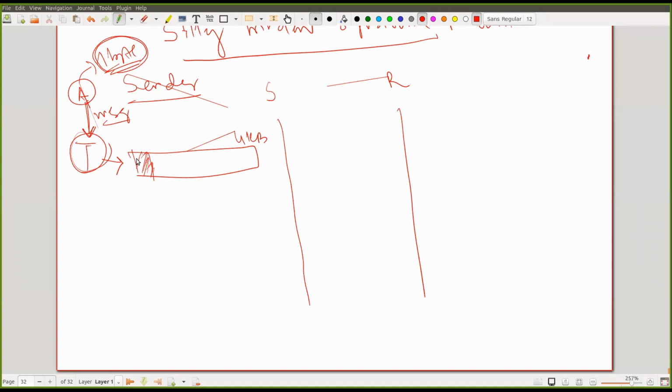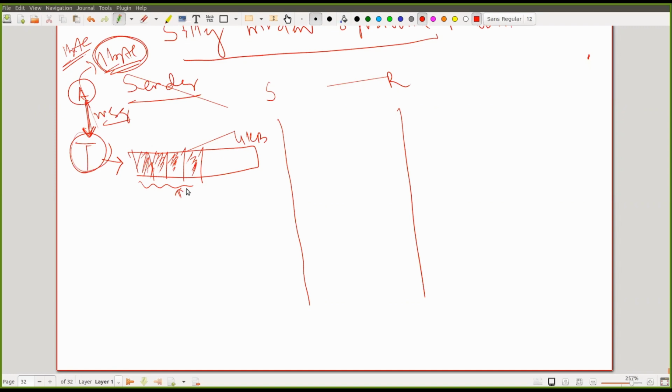Now another 1 byte of data is generated and sent to the transport layer again, so it is kept in the buffer. Again another 1 byte of data is generated and kept in the buffer. Like this it is going to continue. Now the question is, till what? My buffer is going to be populated with this data rather than sending it.